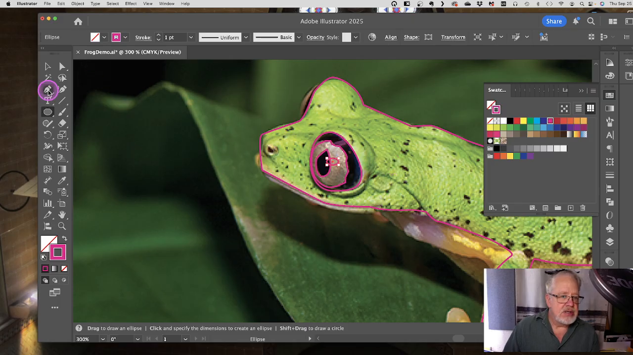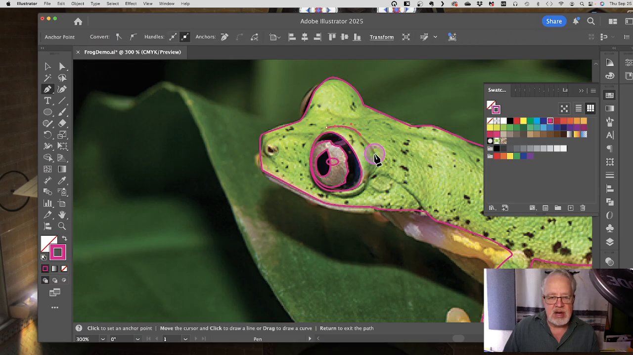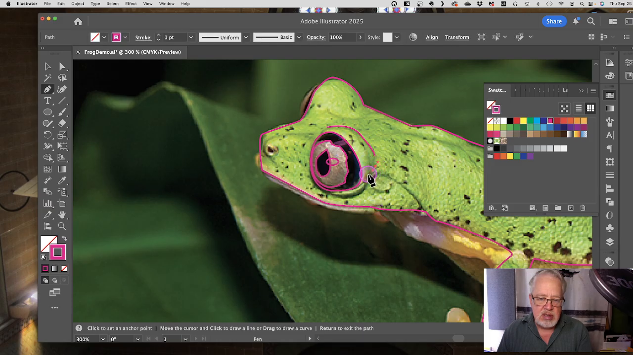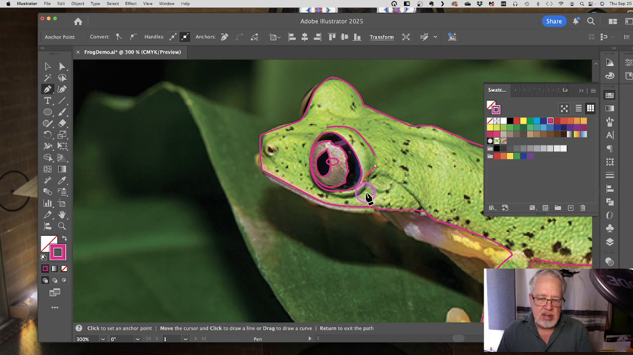I'm going to use the pen tool. You could use the pencil tool for this if you like. Again, I typically just like the pen tool because it offers me a lot of control. And I'm just going to draw these shapes here. First, hit P every time I want to switch to a different tool. And again, go in here, here, and